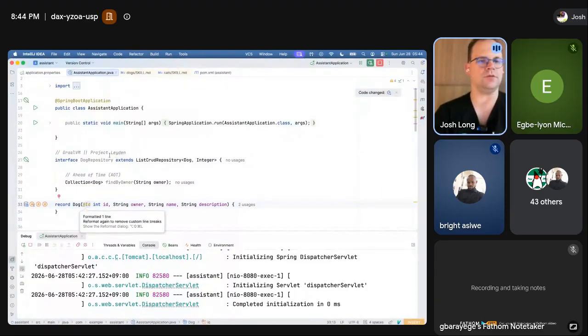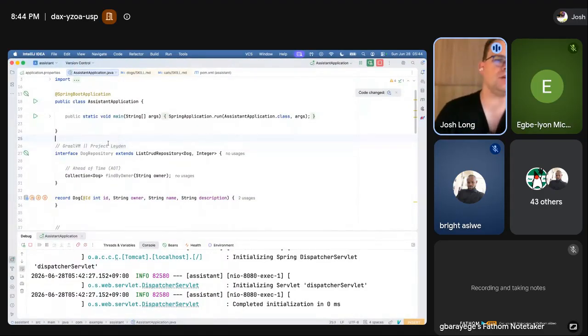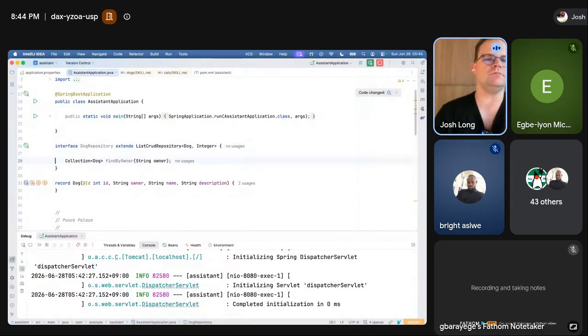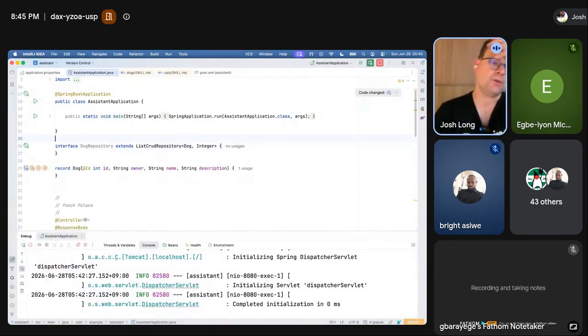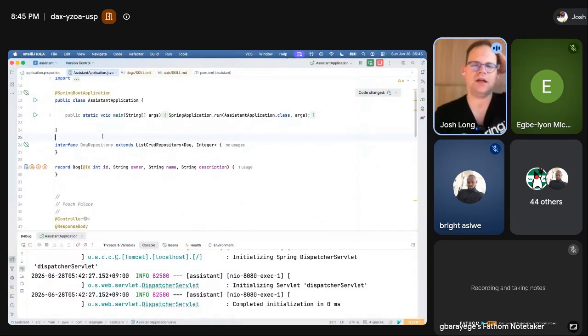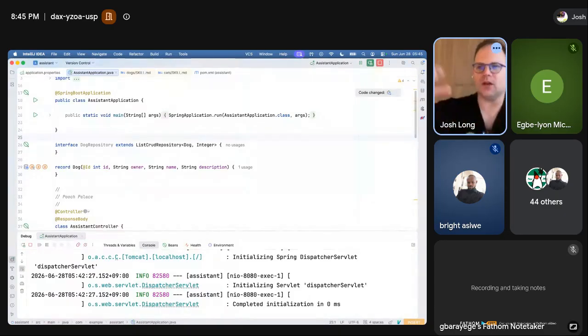All right, there we go. So we've got it. There's our basic Spring Data repository. And I want to give my model access to this data, but I don't want to give it all the data in the database. I want to give it only that which is potentially germane. So one way to do that is to winnow down, to reduce the selection of possible results by using vector